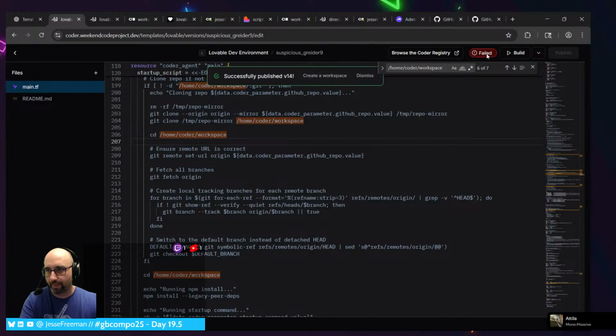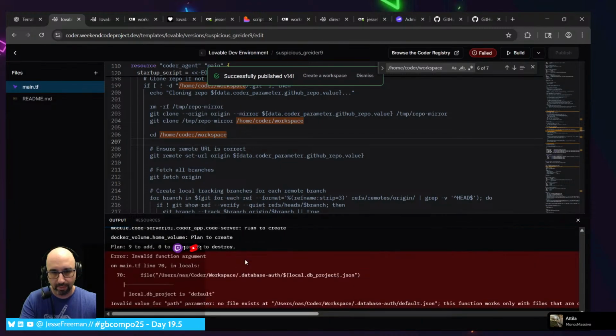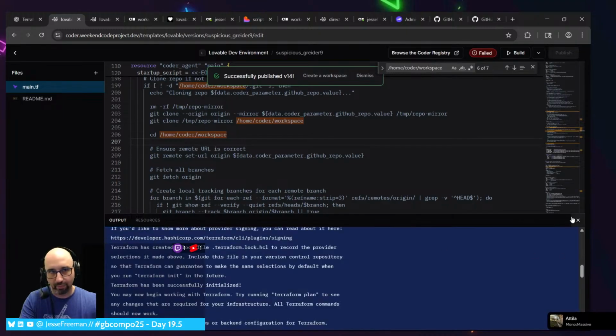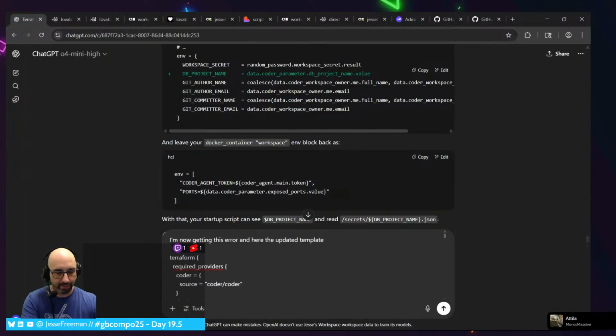Wait, why did I lose the errors output? No, something's wrong here. Okay, I'll just rebuild it. There we go. Copy this, and let's see.